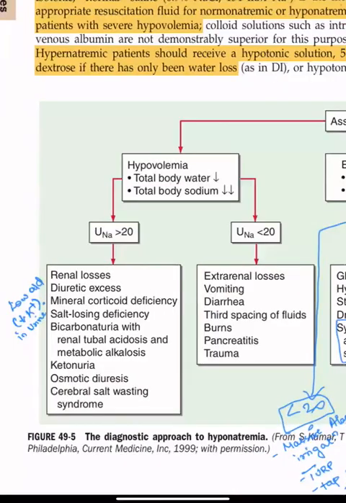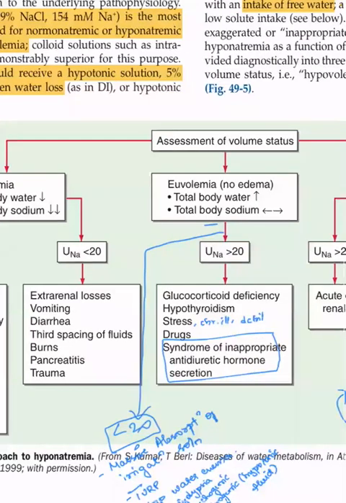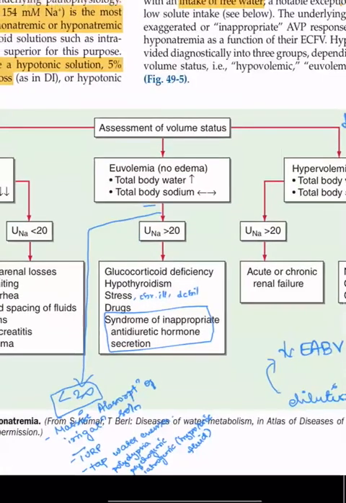So these are the causes that has been enlisted if the urine sodium is more. In this, when there is drop in urine sodium, most of the other causes they come under the increased urinary potassium excretion. So whenever the urine sodium is less, it's going to be extrarenal causes. Okay, and whenever there is a euvolemic state, we will talk about that later. I'll discuss about that later. But this is the part of the flowchart I wanted to explain.